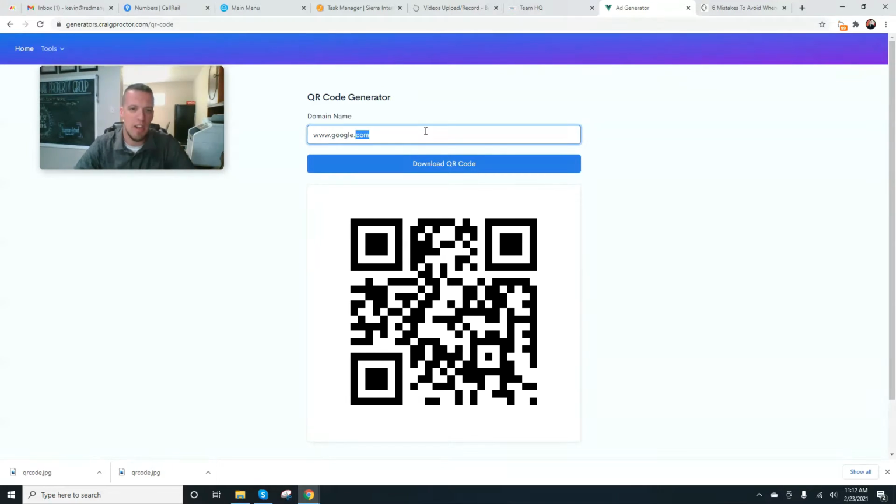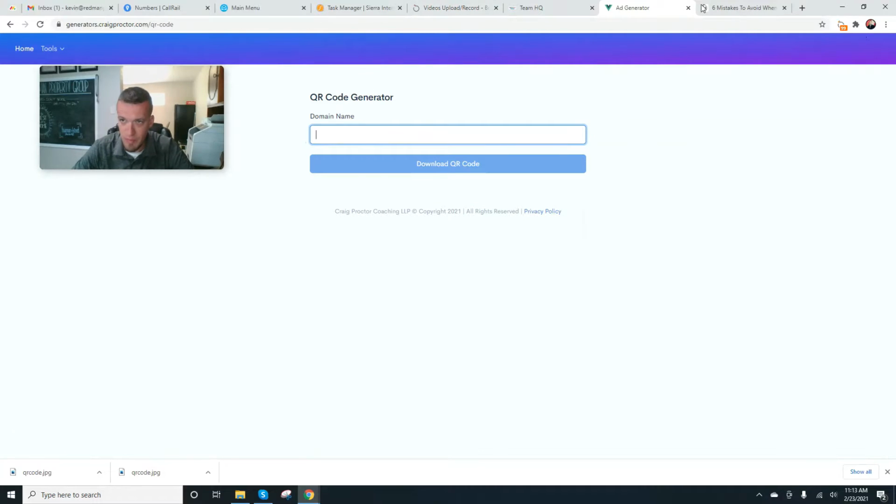So let's try and use a little bit more of a complicated page. Something I'm doing on my end is I am making a QR code for every single landing page, website, or avenue of approach that I want a lead to be able to contact us. So, for example, I want folks for our oversized business card. This one looks a little trashy. This is a test print, but I want folks who grab our oversized business card, who get it in our direct mailing, to be able to go to